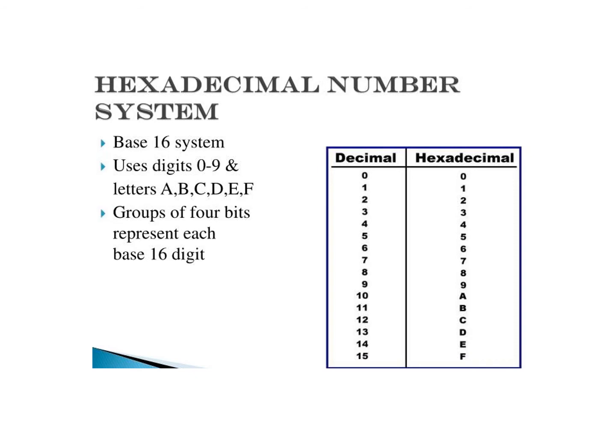It has a total of 16 symbols or digits: 0 to 9, and then A, B, C, D, E, F, which have the values 10 to 15. A has a value 10, B is equivalent to 11, C is equivalent to 12, D is equivalent to 13, E is equivalent to 14, and F is equivalent to 15. Symbols A, B, C, D, E, F represent decimal values. The maximum value of a single digit is 15, 1 less than the base.